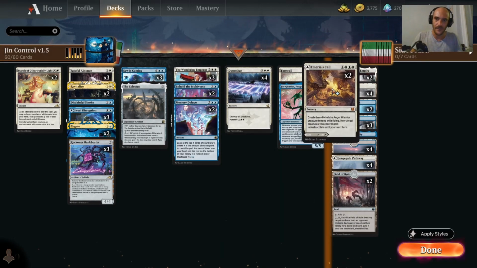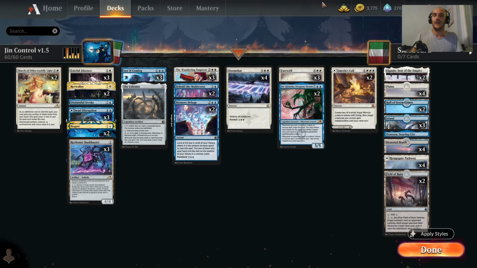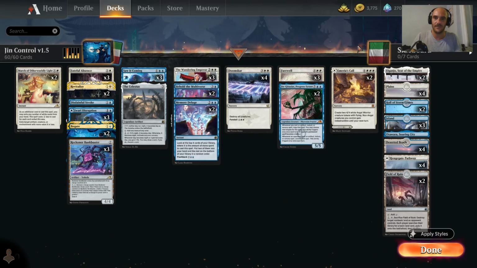Then we've got a full playset of Doomskar as our sweeper of choice. Very important against all the aggro decks as well. There's still plenty of Naya aggro and mono white aggro crawling up and down the ladder, so that's what this is in here for. Of course, against the Selesnya guys as well, you hit all of their creatures, which is not a bad move either. Then top end, we've got,